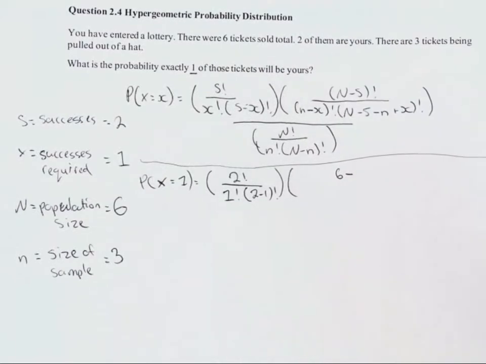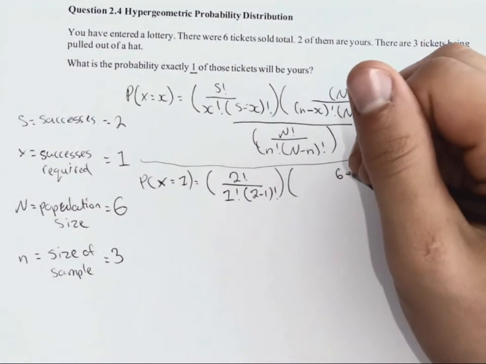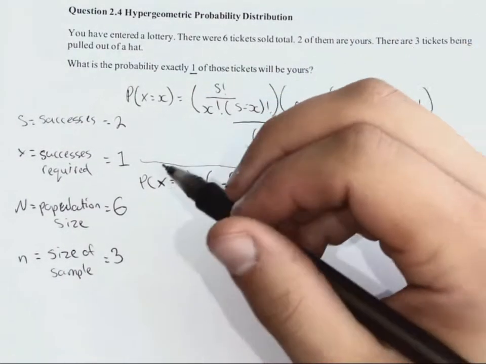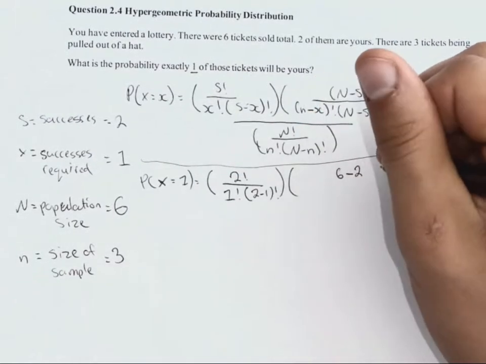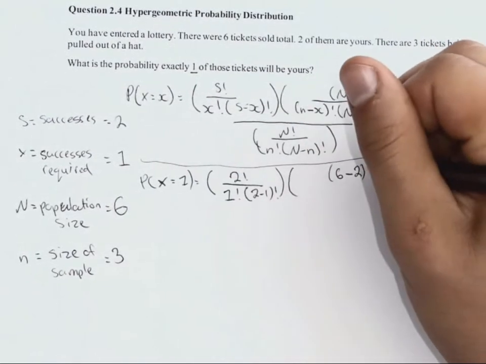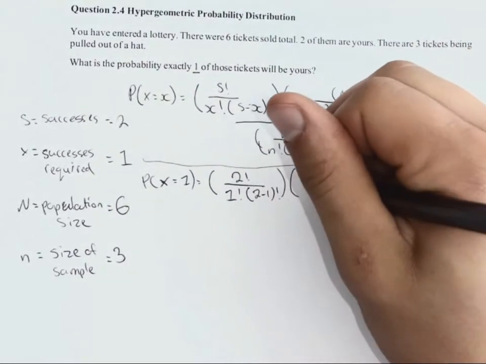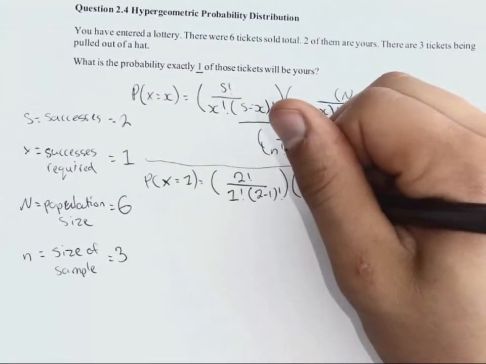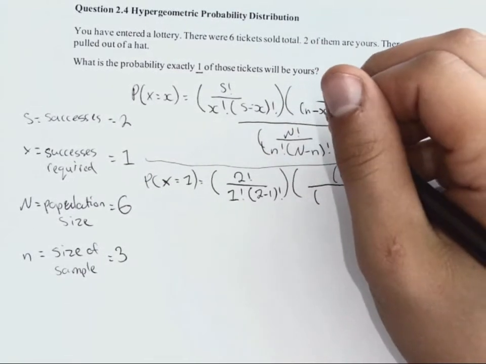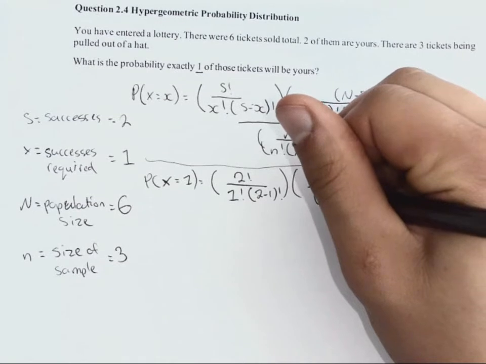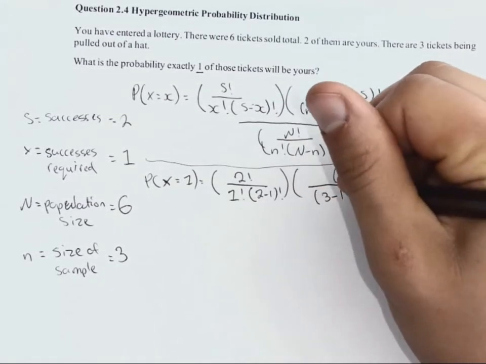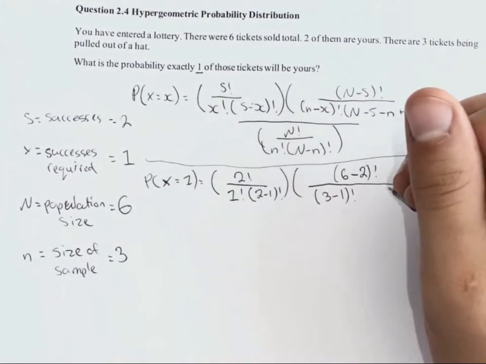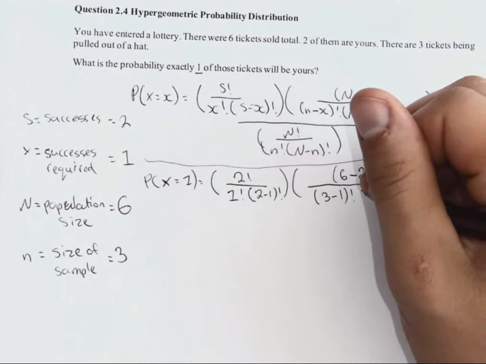Oh, there should be a factorial there, sorry. That would be 6 minus 2 factorial. And we have 3 minus 1 factorial, multiplied by